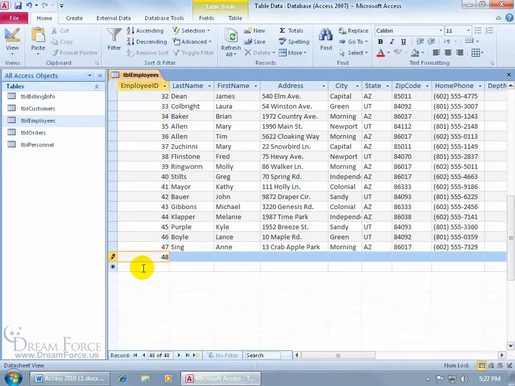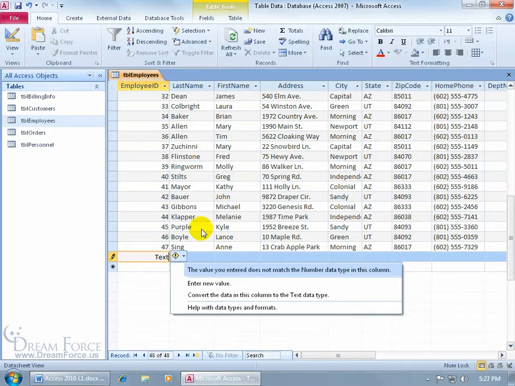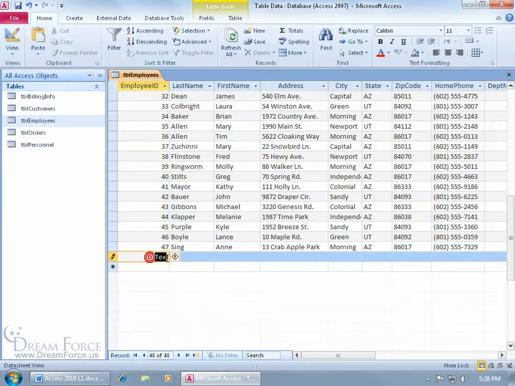For example, if I delete this and I want to type in some text, in other words, no numbers, I know this is a number field, but when I try to save it, it doesn't accept it. It has to accept it before it can save it. And why does it not accept it? Because this field has the number data type. In other words, it can only accept numbers, not text. So let me come back in here, delete the text, and then type in my number,